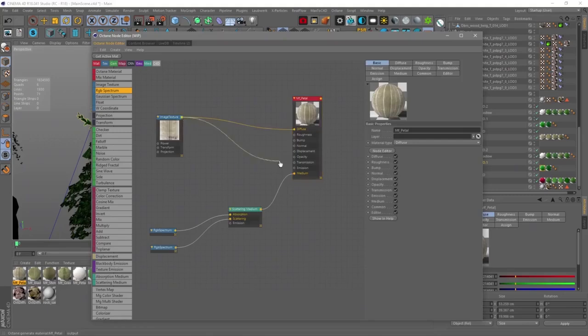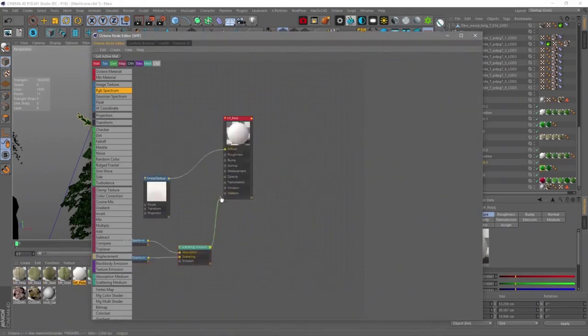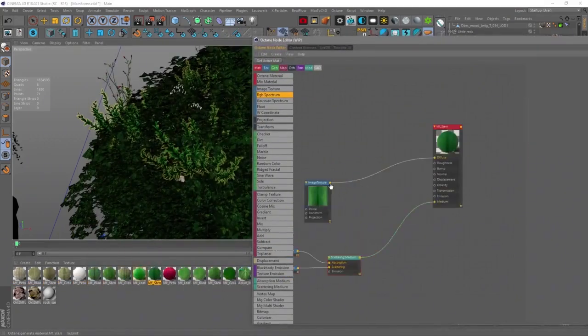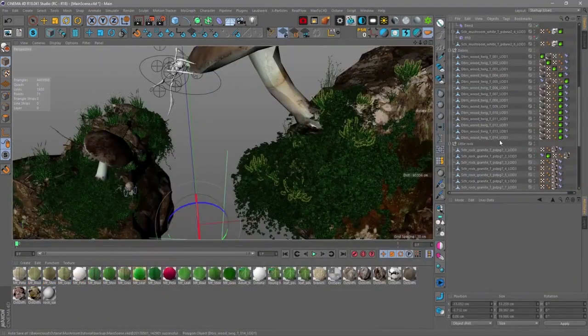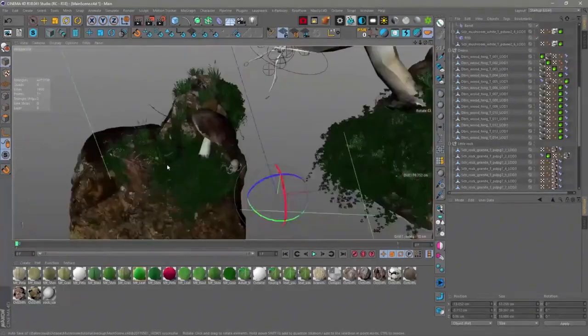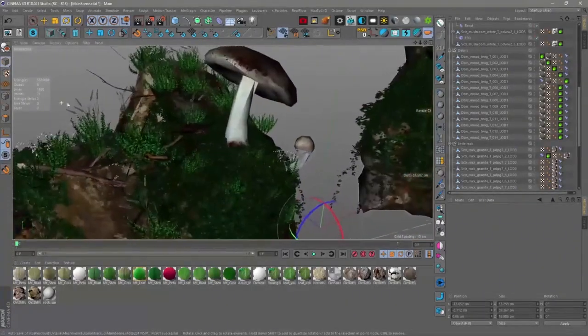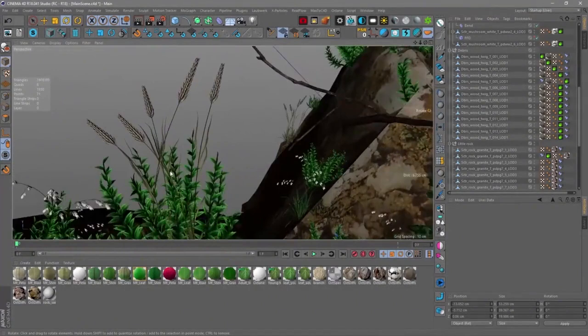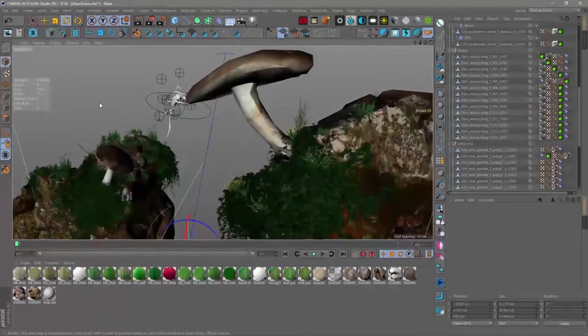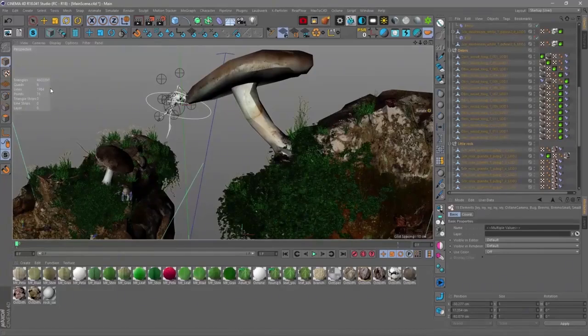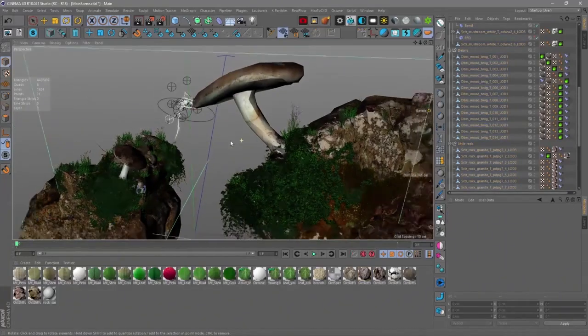On the transmission input, I add a texture from the diffuse, and on the input of the medium of each material, I add the scattering node. Here we'll finish setting up all the materials, and we'll quickly make a visual inspection so that there are no anomalies with textures, and we'll proceed to setting up the environment. We'll add light sources, HDR, adjusting the camera, and since we haven't tried rendering before, we'll perform a test render